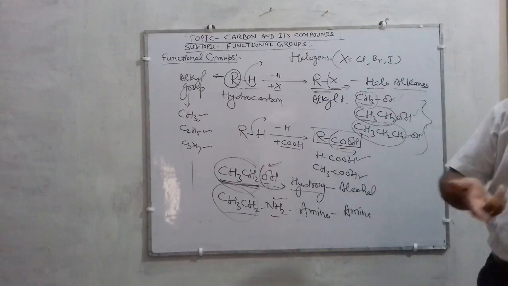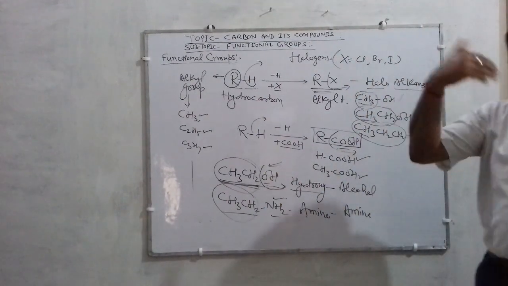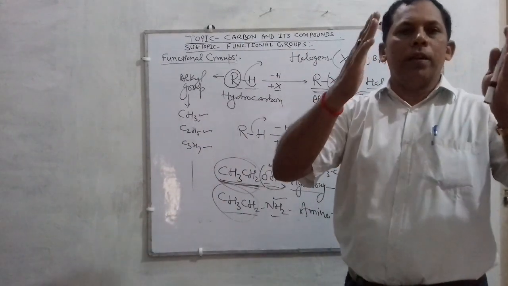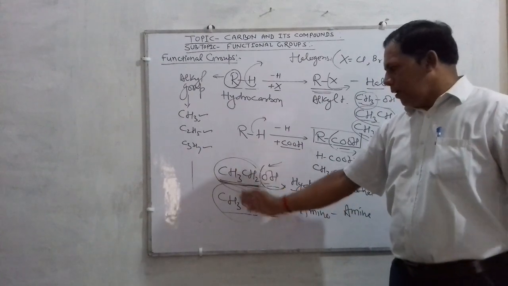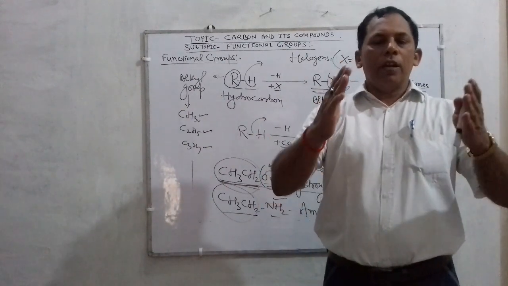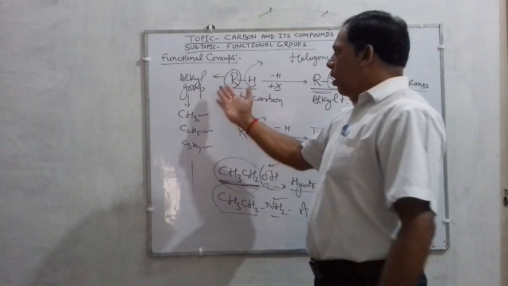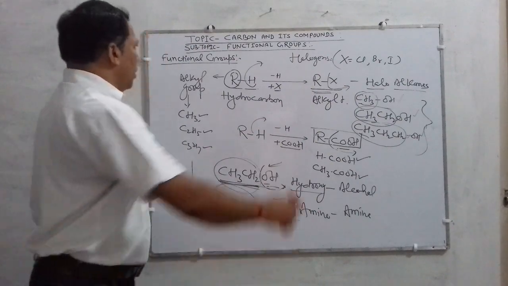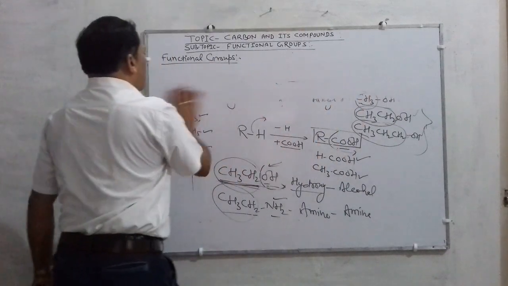So you can conclude that those organic compounds having different alkyl groups but the same functional group will possess similar chemical property, and those organic compounds in which the alkyl group is similar but the functional group differs, their property and their name will also be different. Alright, students? So on this basis, I am going to represent some names and symbols of important functional groups. So write down, students.